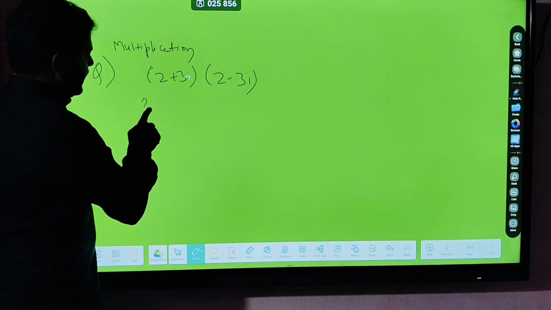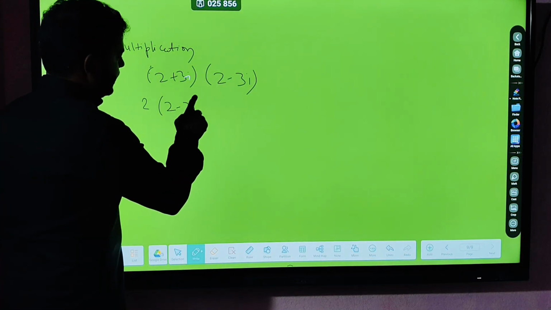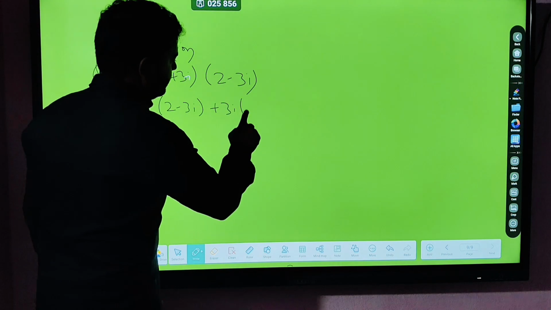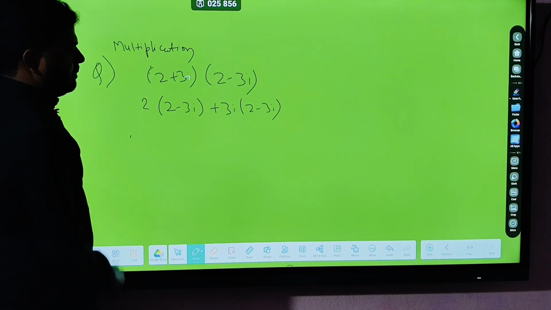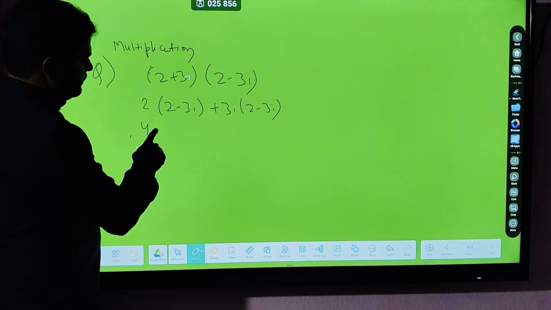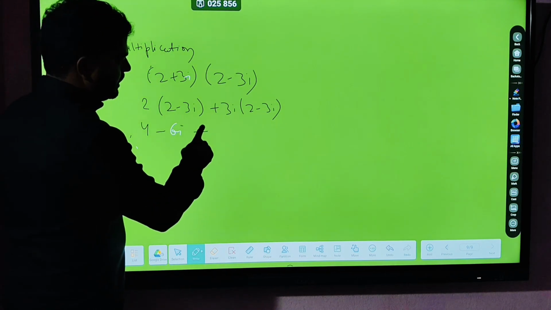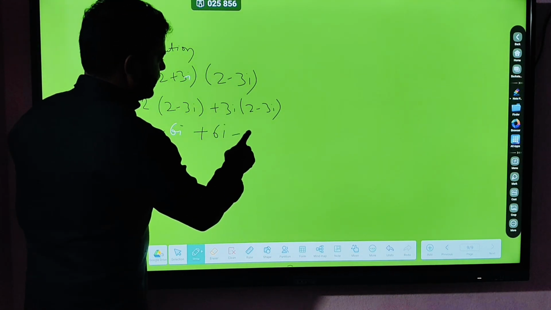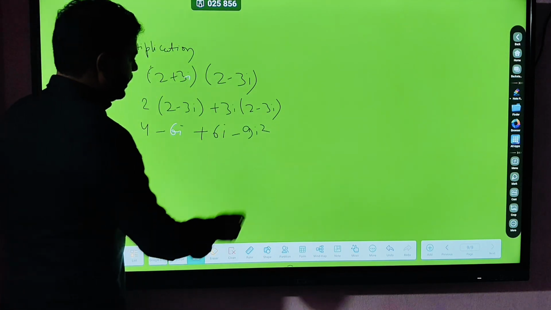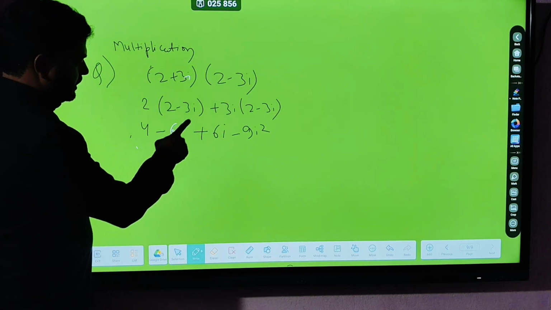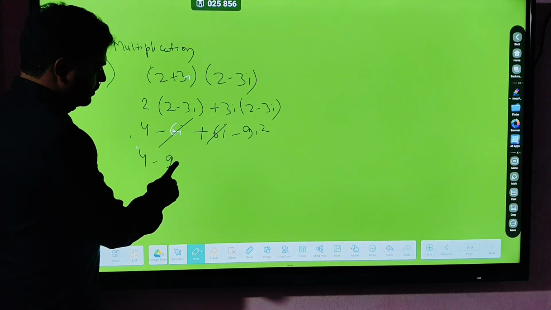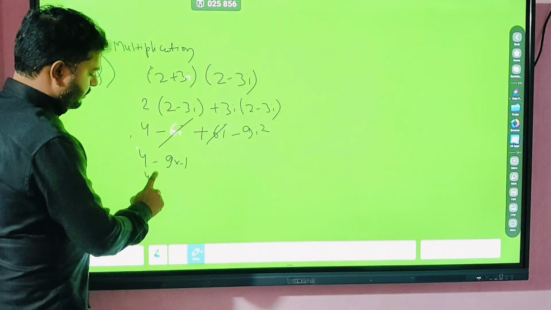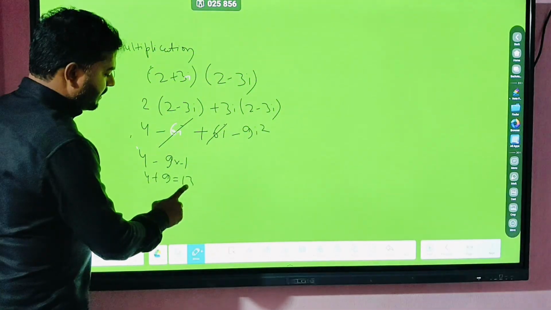So we'll apply distributive law, 2 into 2 minus 3 iota plus 3 iota into 2 minus 3 iota, right? So this becomes 2 into 2 is 4 minus 6 iota plus 6 iota minus 9 iota square, and these iota terms are getting cancelled, and iota square is minus 1, so we get 4 plus 9, answer as